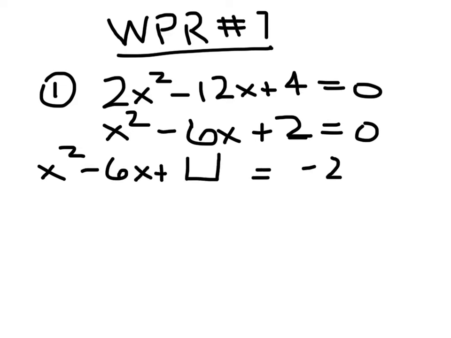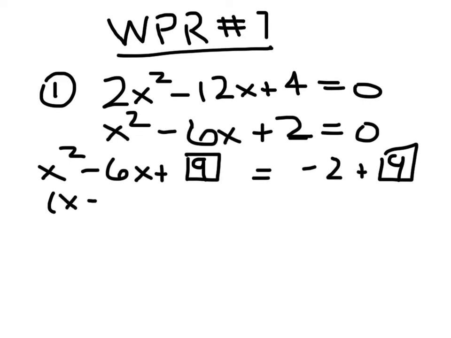Next, I'm going to take half of the coefficient of the middle term and square it. So I'm going to take half of this and square it. So half of it is 3, squared is 9. That's what I'm going to add to both sides. Now I can factor that perfect square trinomial